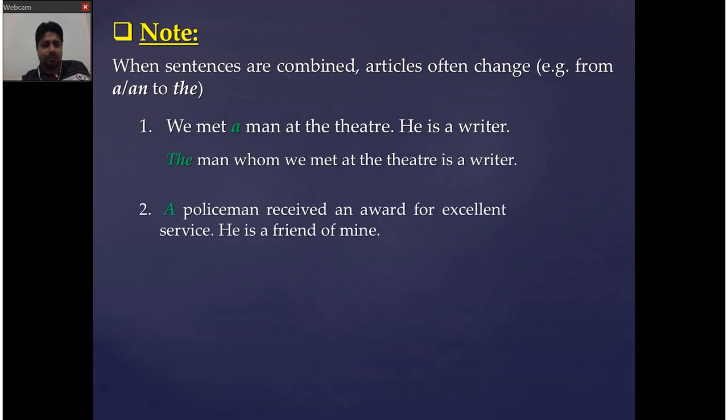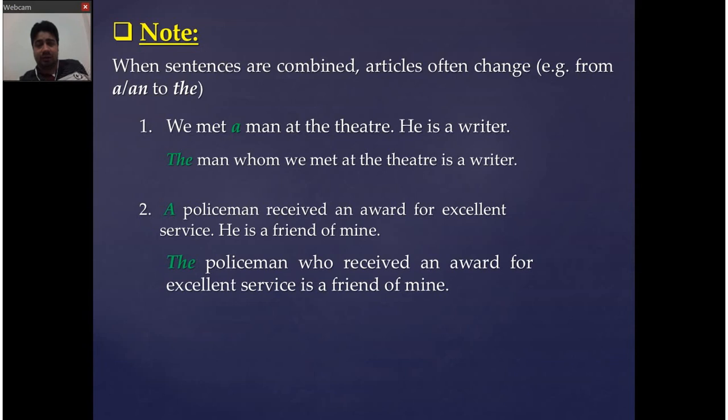Yet another example. A policeman received an award for excellent service. He is a friend of mine. Now when I read a policeman received an award, that means it can be any policeman again. But now in the second case, when I combine them, the policeman who received an award, again, who received an award is a phrase that defines this policeman. So now it's definite, it's known, we know which one we're talking about. That's why we use the here. Alright,